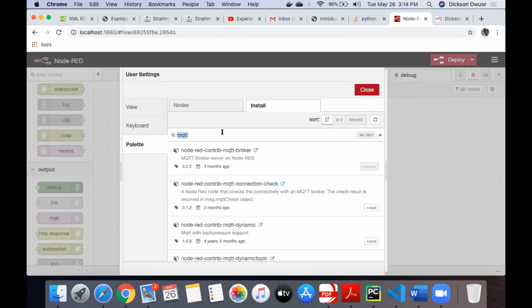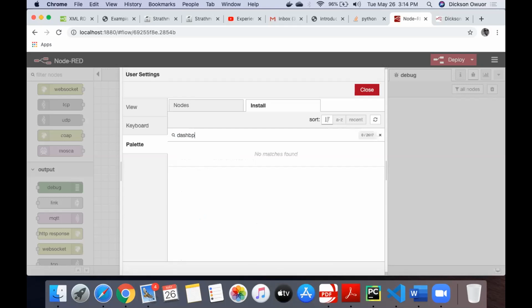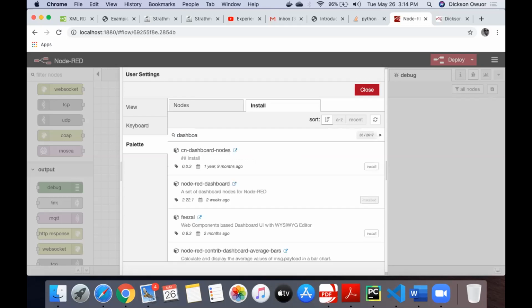The next thing you want to install is the dashboard. This dashboard is important if you're designing your IoT system. If you're doing a home design, the dashboard is very important. So you install the Node-RED dashboard, okay? The one I'm hovering on here, the Node-RED dashboard, I've already installed it. If you click on the description,